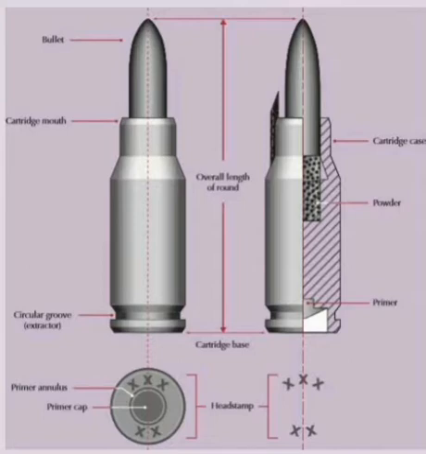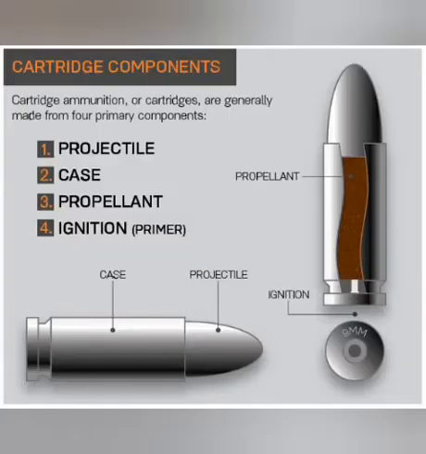Today we are going to discuss ammunition. So first of all, what is ammunition? Ammunition generally is a cartridge. It refers to four components, that is primer, propellant, missile and some form of cartridge case. So there are various types of ammunition like rimfire ammunition, centerfire ammunition, caseless ammunition and many more.